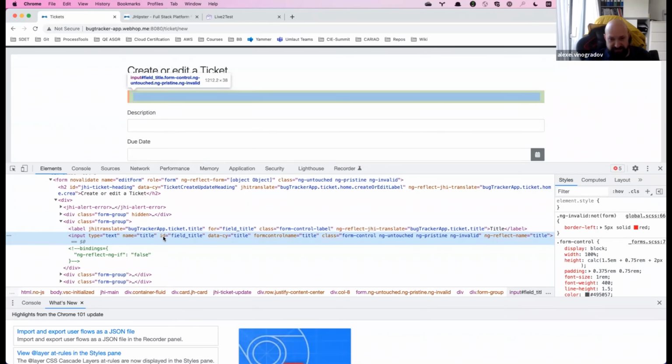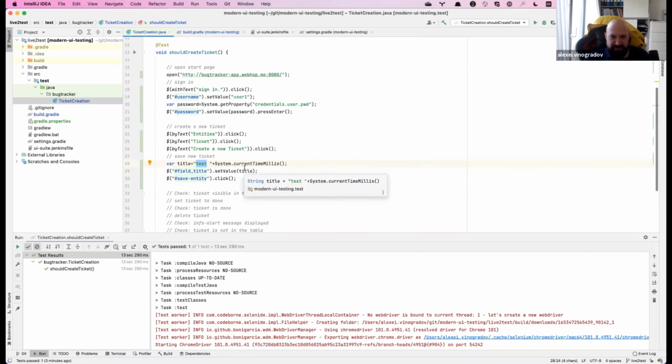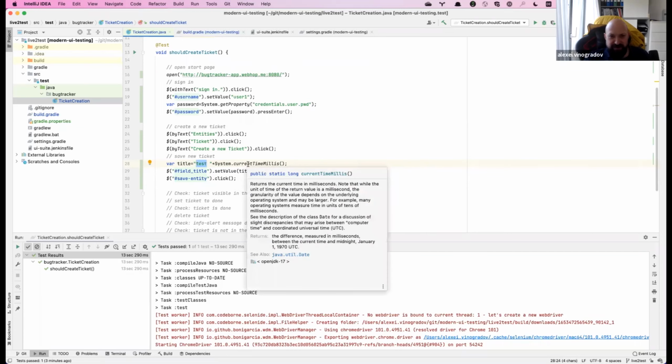I could use something like a UUID, which is always very unique, but in most cases it's enough to do something like this, or even some shorter abbreviation, because the chances that it will have the same value every time are very, very small. So okay, we go for it and save the ticket. Let me run it once again.